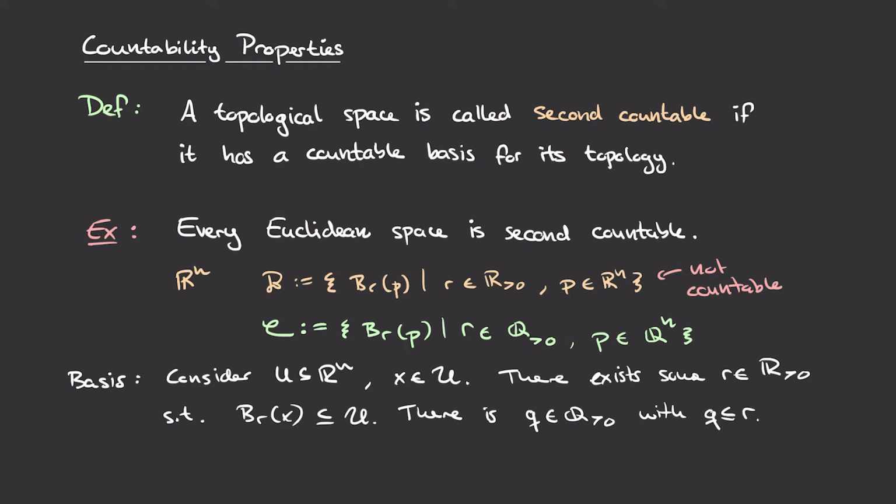This is a consequence, for example, of the Archimedean property of the natural numbers. So think about the number 1 over r. Because the natural numbers are unbounded, there's going to be some natural number n which is greater than 1 over r, which means in turn that 1 over n, which is a rational number, is going to be less than or equal to r. Moreover, by the denseness of the rational numbers within the reals,